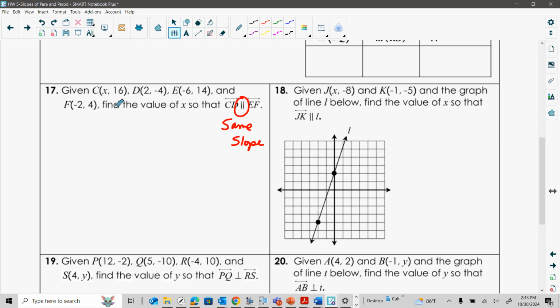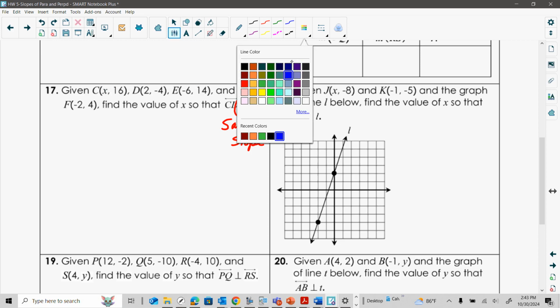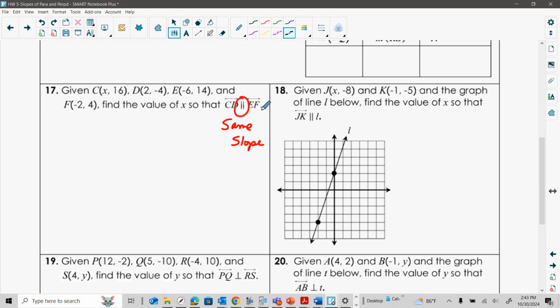Now, of the 4 points here, because we're trying to find x, which is part of C, we need to start with actually finding the slope of EF. So if I look at my slope of EF using the slope formula, that would be 14 minus the -4 and -6 minus 2. This would get simplified